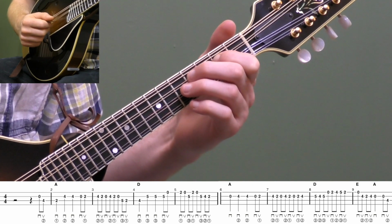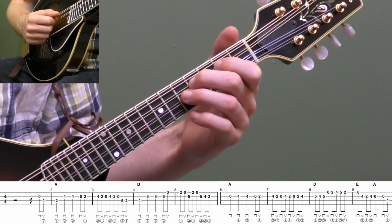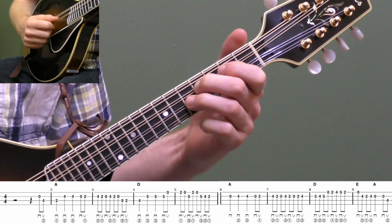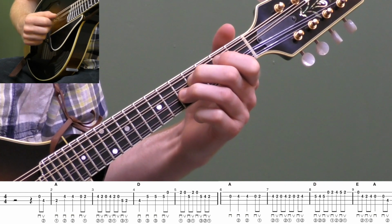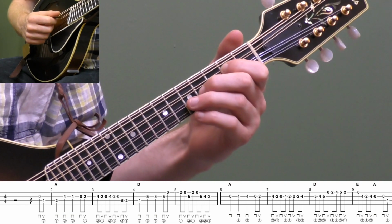And then basically on the D chord, we're going to go into a two-finger D, fourth fret on the D string, fifth fret on the A string. So play that note, and then play the fifth fret twice. It's basically kind of like we did that on the A. Now we're doing it on the D. So we kind of have, it's like a call and response melody. So we're going,